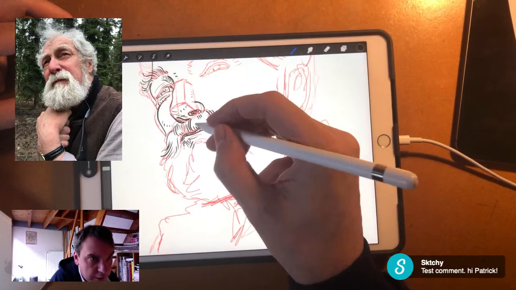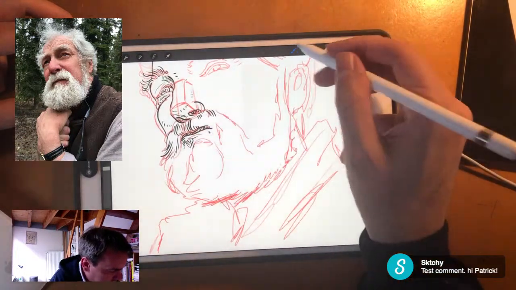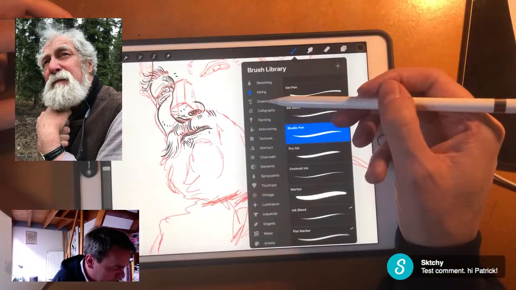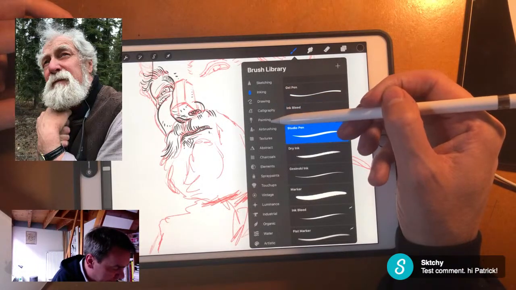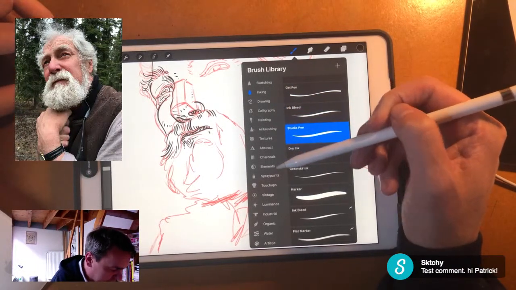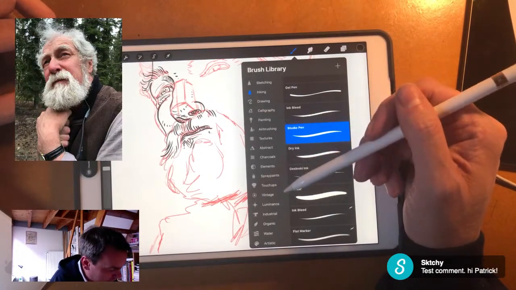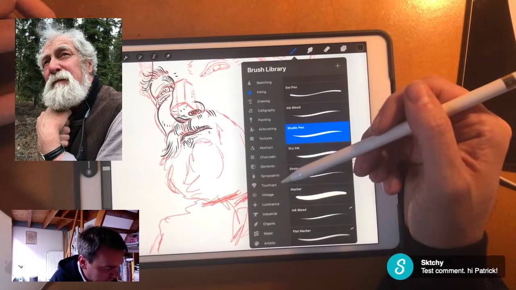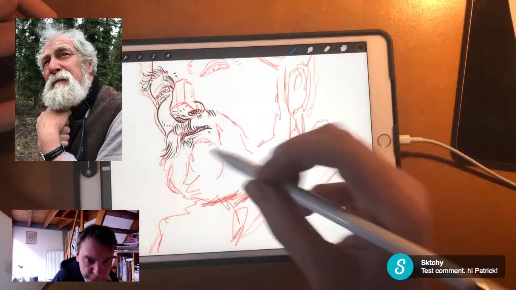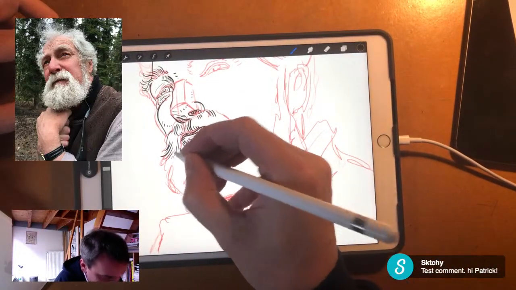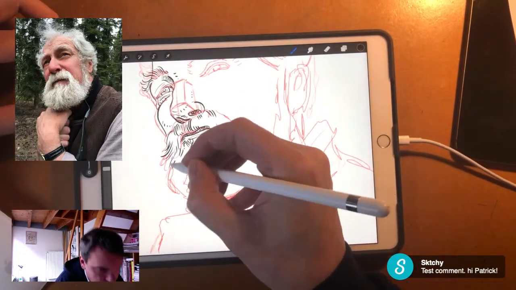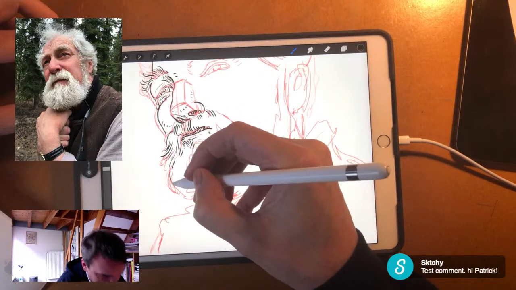The only things I never use are the special brushes, so I never go into drawing or calligraphy or painting, airbrush, textures, abstracts, all these things. You get thousands of brushes. I actually never use them, because I'm more of a liner artist,